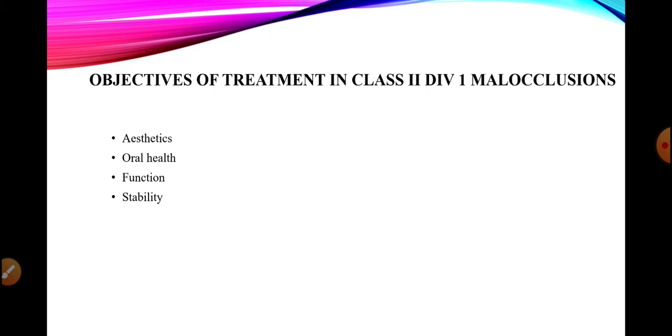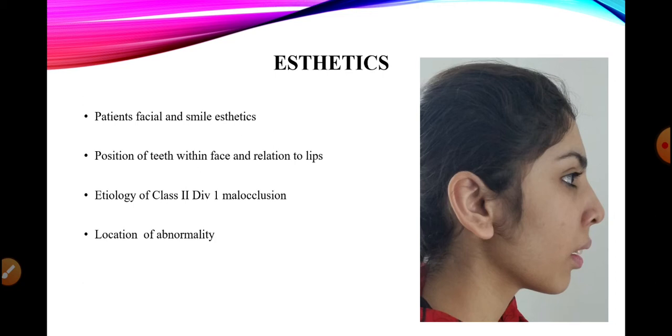They should be given a prime importance. The oral health of the patient should be considered. The oral function, the masticatory function should be considered, and the stability definitely is a primary concern. So all these factors and objectives need to be considered before planning a treatment for class 2 division 1. So when I talk about the aesthetics